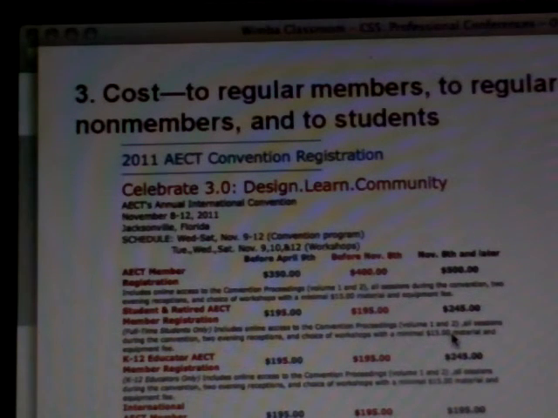Now, the third element was cost. And for almost every national conference, there are multiple costs. Let's use AECT as an example. And this is